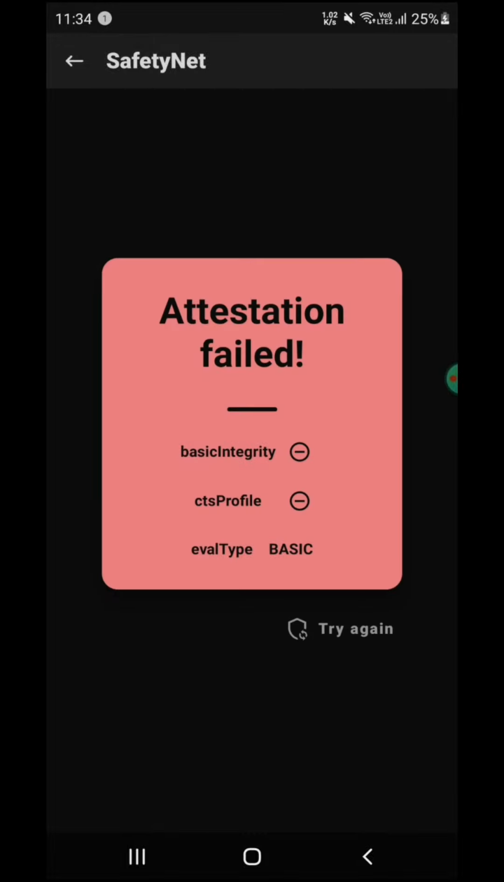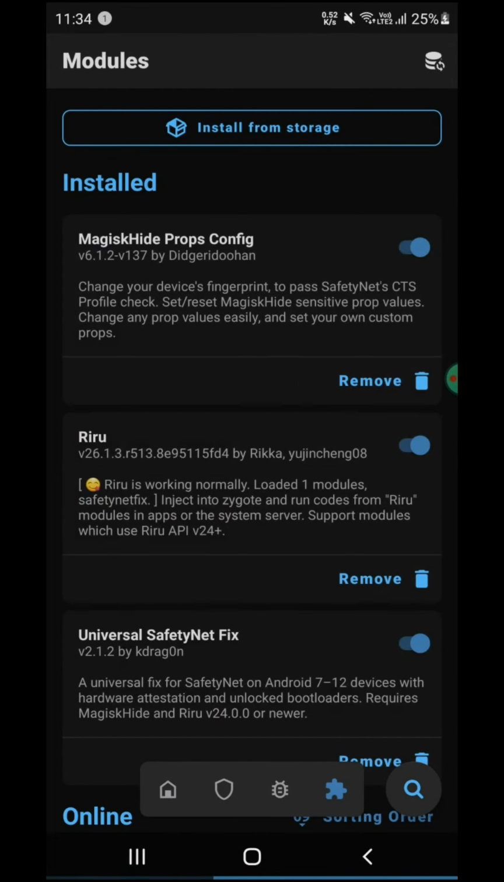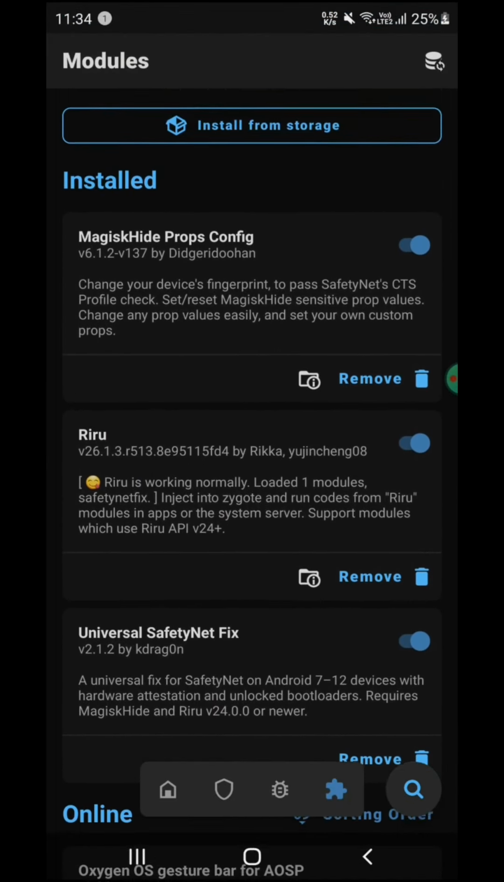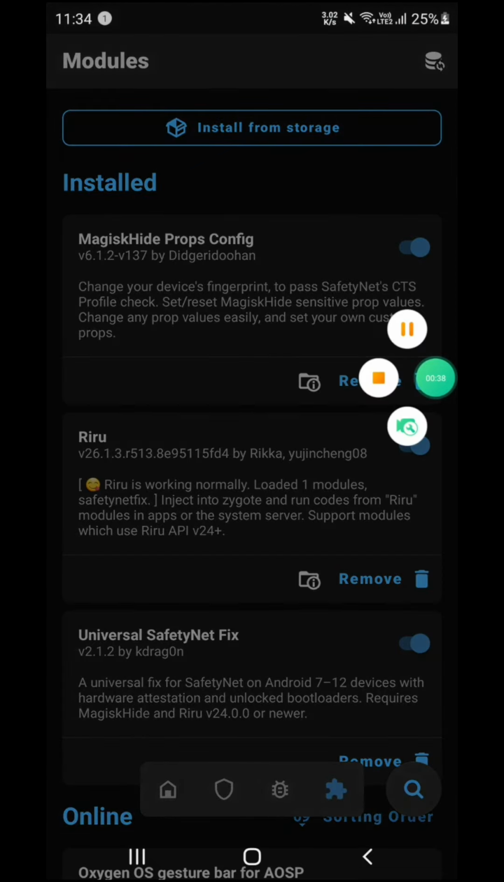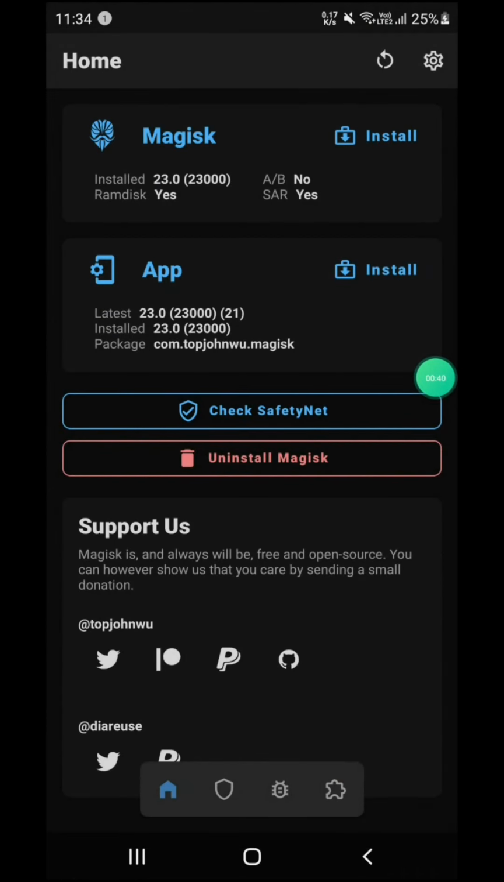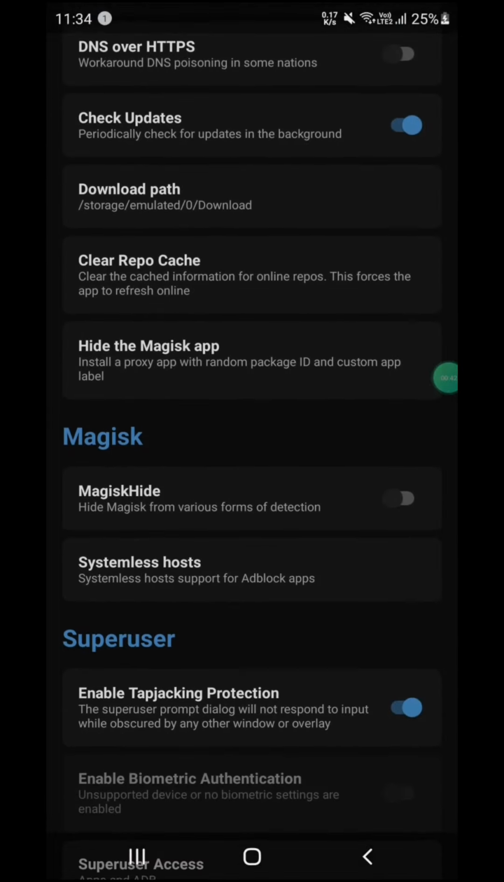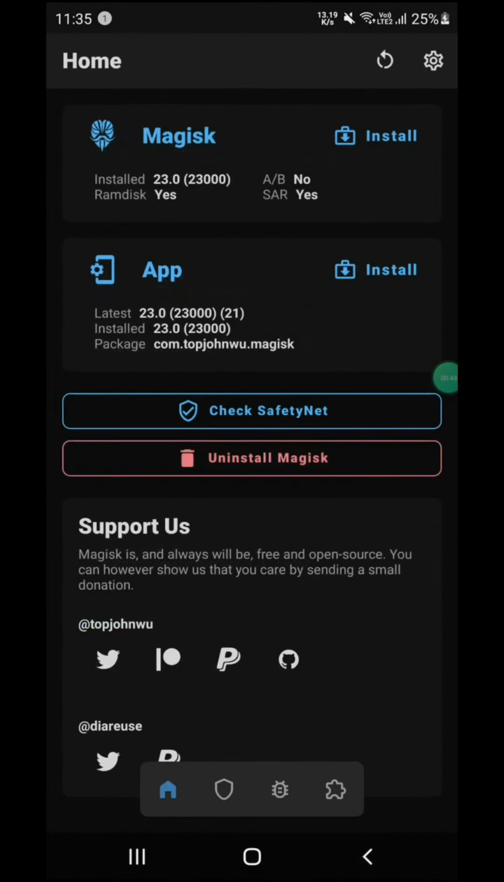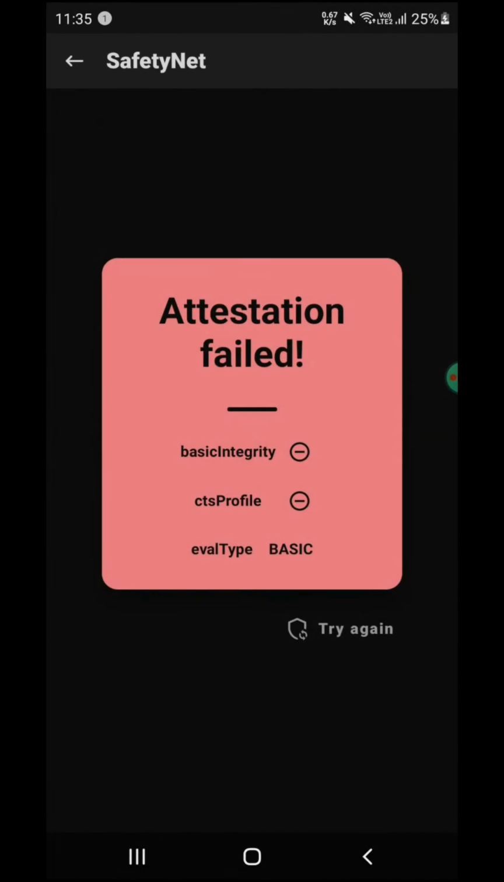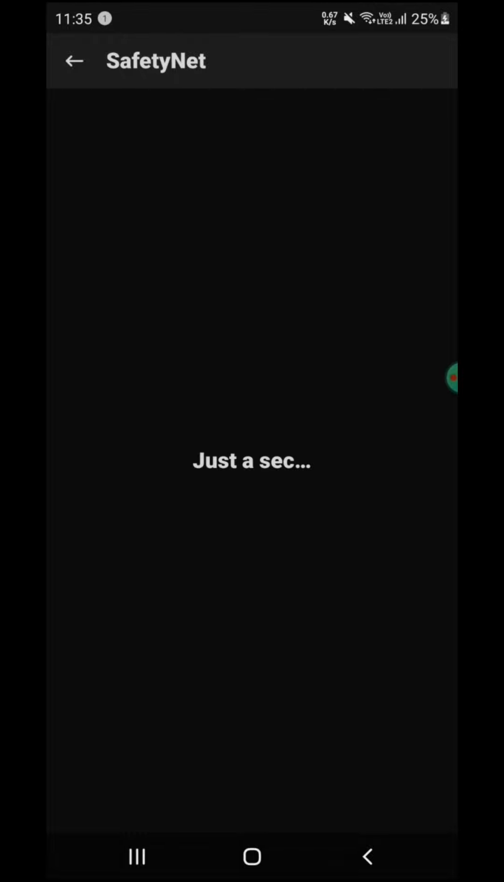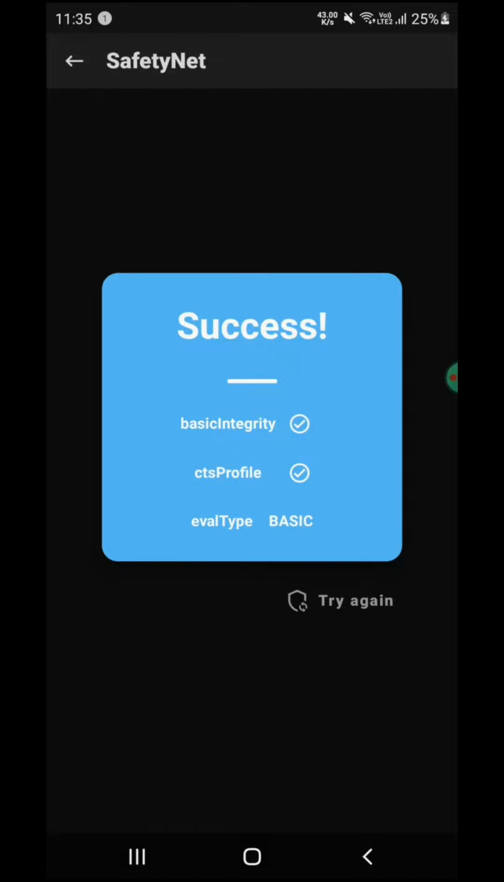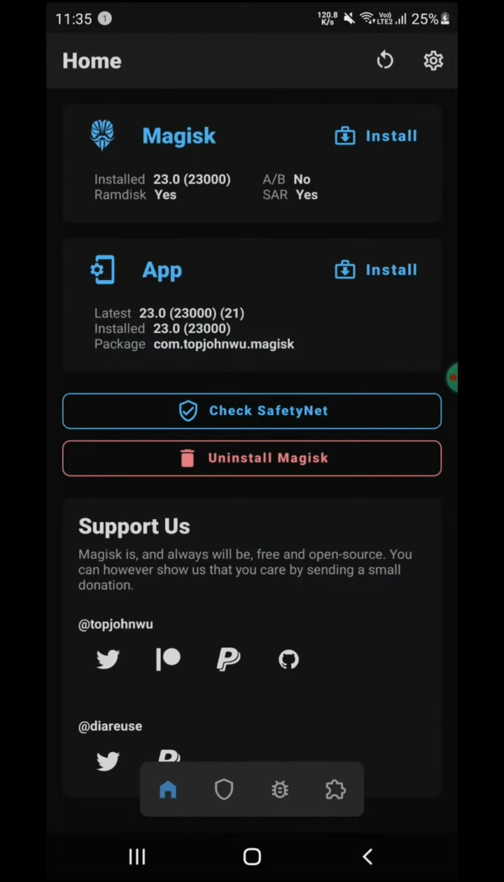But if it's not a success, what do you want to do? You want to go back. One minute, let me take a look at that. What you actually want to do is go back, and here you need to enable the SafetyNet hide option, and probably reboot your Android device another time. But sorry, you don't actually have to reboot your Android device. You just have to enable the